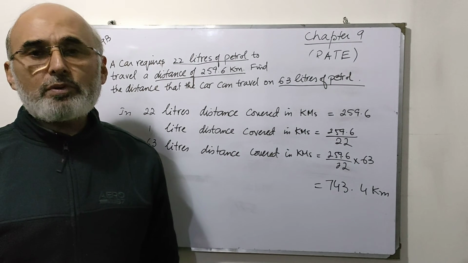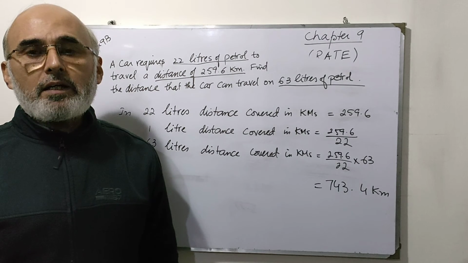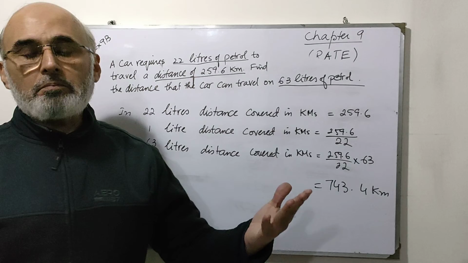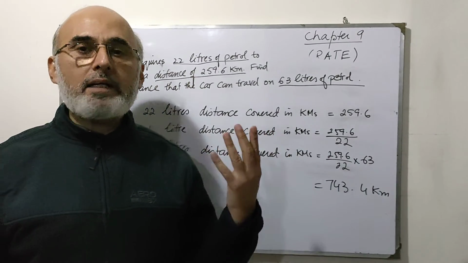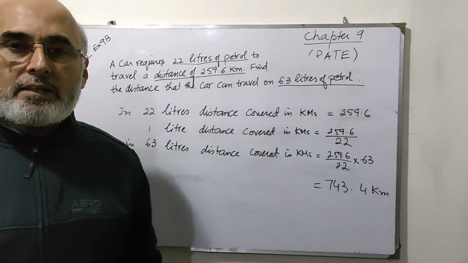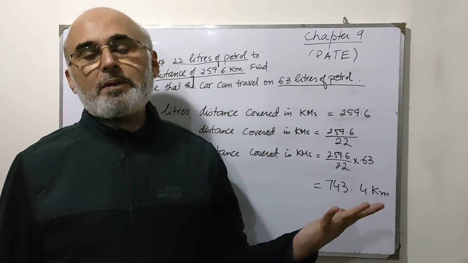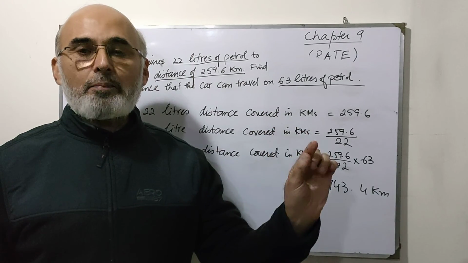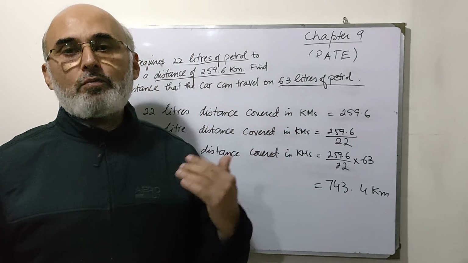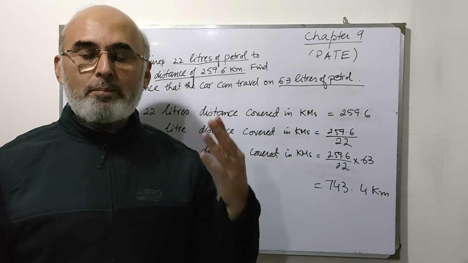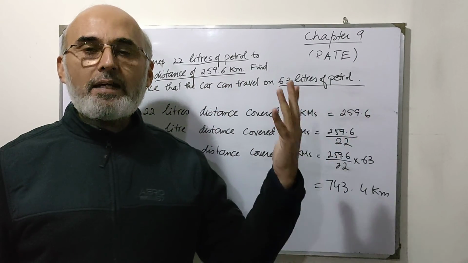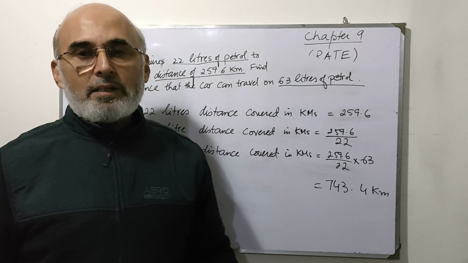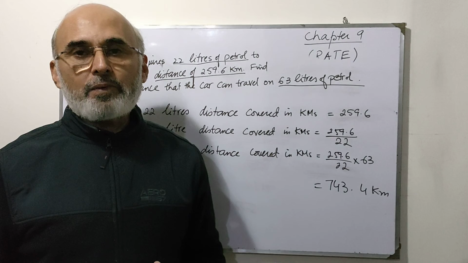So what you have to do is you have to calculate rate for any one unit. It could be liters, seconds, minutes, hours, could be anything. You have to calculate what is happening for 1. Okay, and once you have the things for 1, you can multiply it with any other term, and you will get the proper value what you need to know. So this is about the rate.